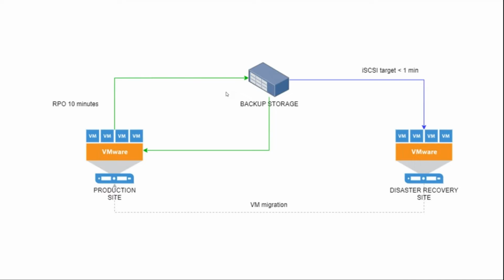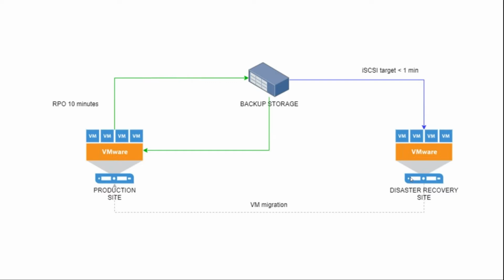For example, in the case of any disaster recovery, if customer has a disaster recovery site, we can restore our virtual machines in less than 1 minute directly on the disaster recovery site, thanks to the instant recovery feature available in Xopero One. So with just a few clicks, we are able to run a virtual machine with no restore. So we don't need to restore the entire virtual machine to the disaster recovery site. We can attach this virtual machine directly from the backup, and it's possible to do within less than